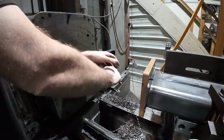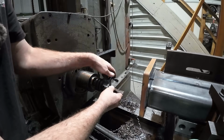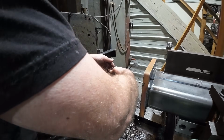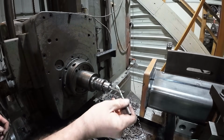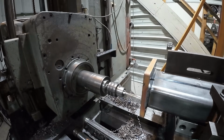Now we change out to the reamer. And I'm going to run this just the same speed. A little anchor lube and